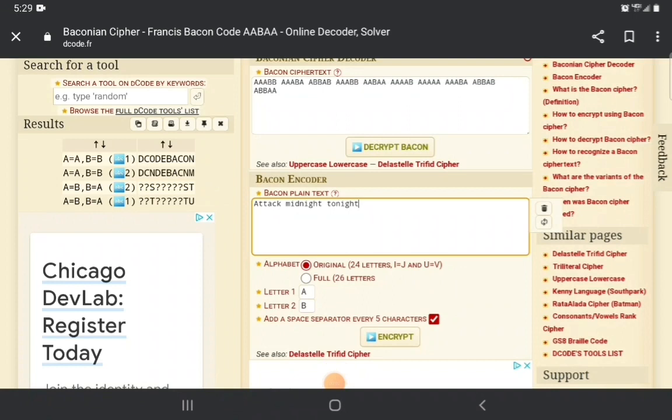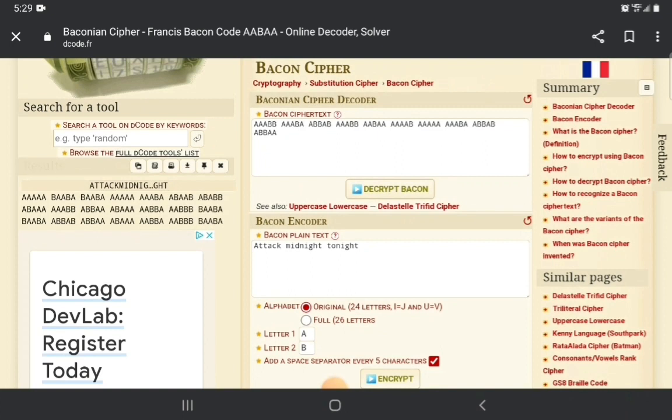Here is an example of Bacon's cipher, Francis Bacon code. So, you encrypt the data. If I want to say attack midnight tonight, I'd have to write AAAAAB, AABAB, AABA. You get the idea.